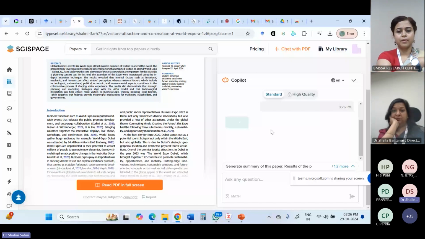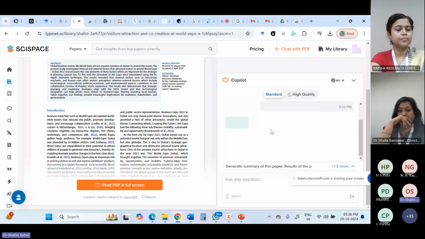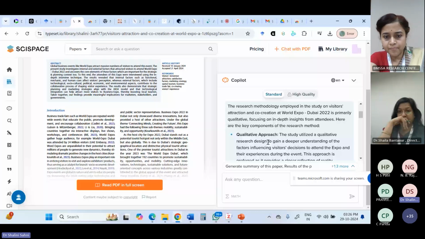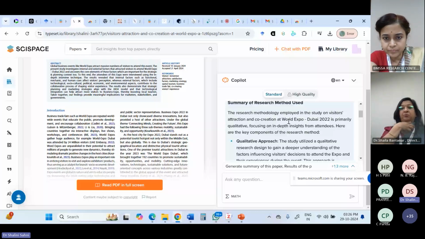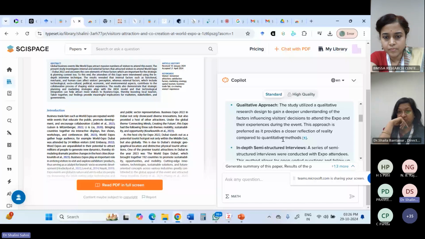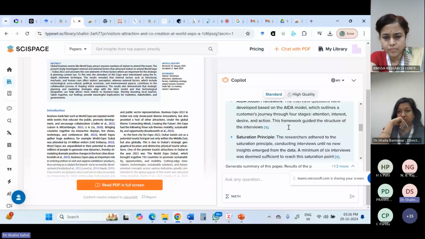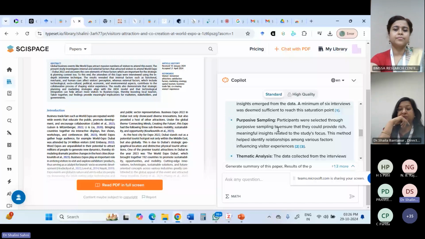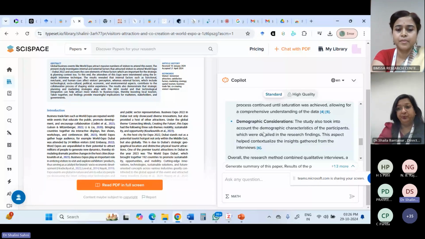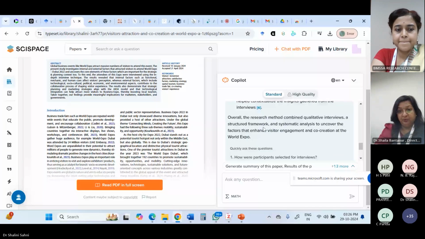So it will give me the summary of my complete paper, the research method which has been used. Can you see here? The research method employed in the study is primarily qualitative, focusing on in-depth insights from attendees. Here are the key components: qualitative approach, in-depth semi-structured interviews, IDA framework used, saturation principle used, purposive sampling, and data analysis through thematic analysis, right? So all these things have been covered, and if we verify it also,